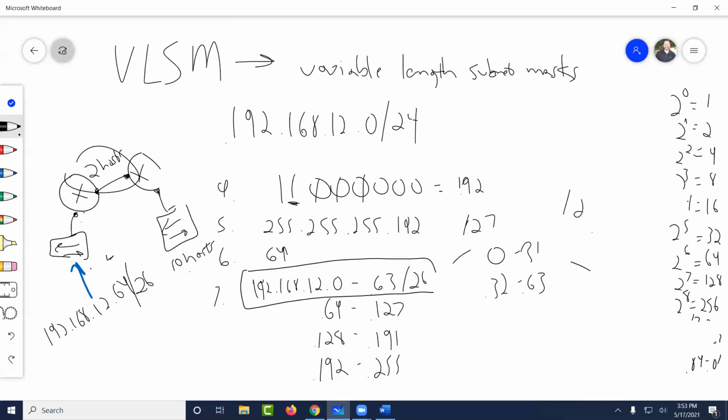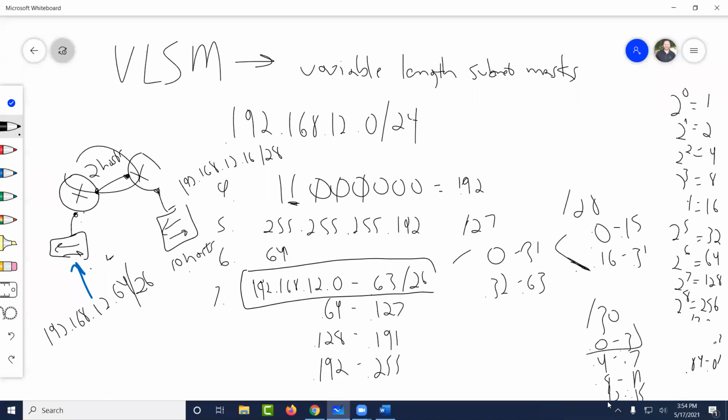Then we would have done a /28, and this would have become 0 to 15 and 16 to 31. We would have pulled this out, so it'd been 192.168.12.16/28. And then we know at /30, we can use .0 to 3, .4 to .7, .8 to 11, and .12 to 15. Okay, and we would have pulled this for right here. 192.168.12.16